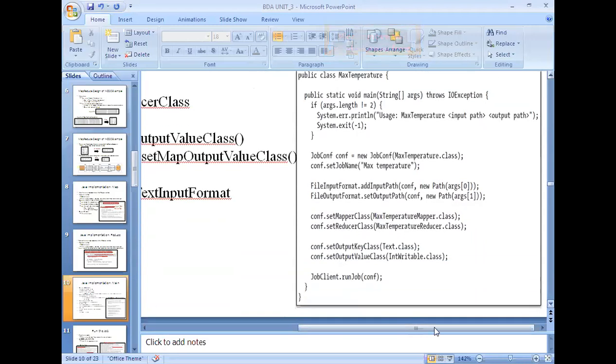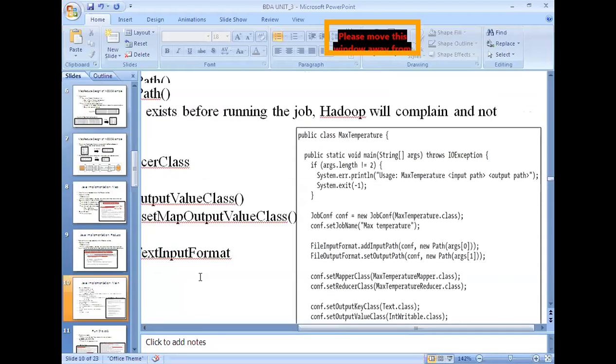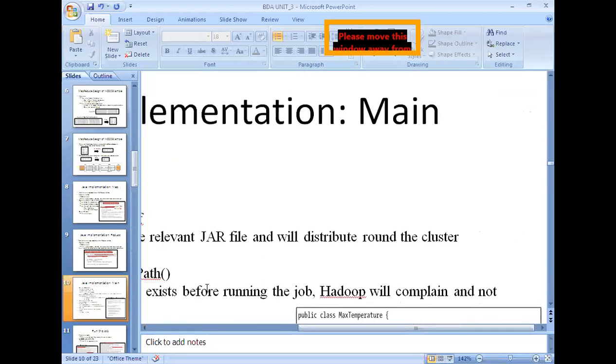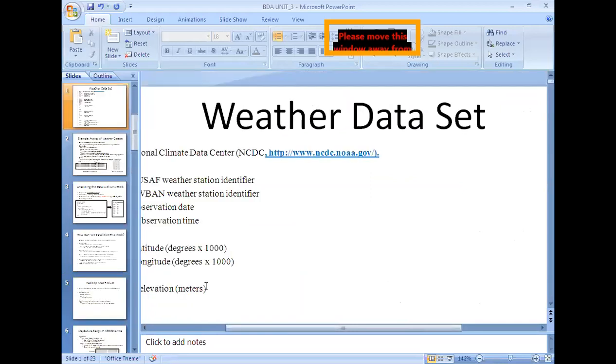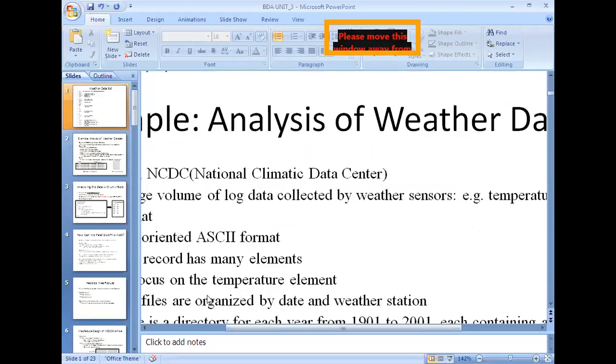Next, we need to specify the mapper method and the reducer. For that, configuration dot set mapper class is equal to maximum temperature mapper dot class. That is the mapper class which we defined in the previous slides, the implementation of the mapper logic.